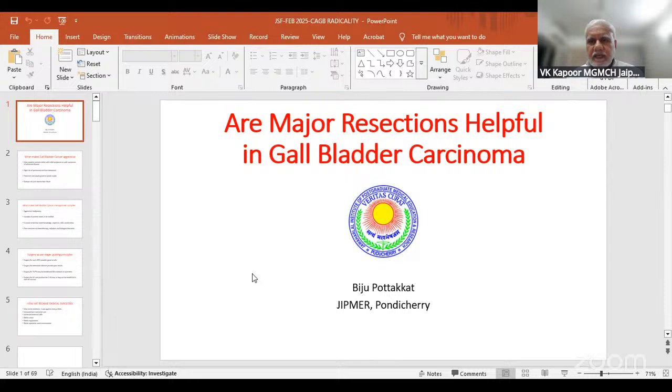And the third speaker is a guest speaker, a medical gastroenterologist, Dr. Usha Dutta from PGI Chandigarh, who again has contributed to gallbladder cancer. She's slightly busy with some personal work, and she would be joining us a little later in the course. So with that, I would request Dr. Anil Agrawal to make some comments before we ask Biju to go ahead with his presentation.